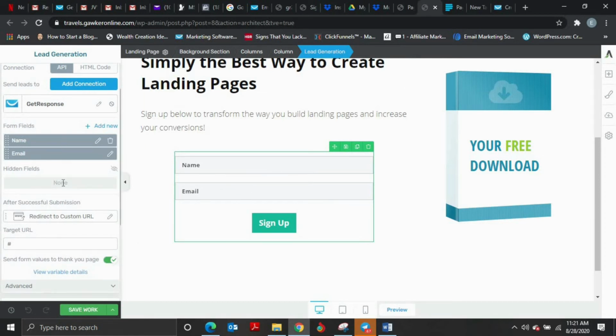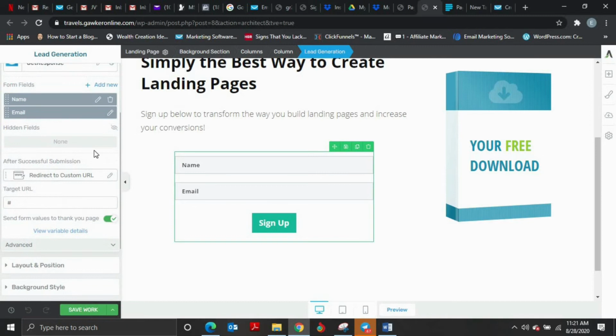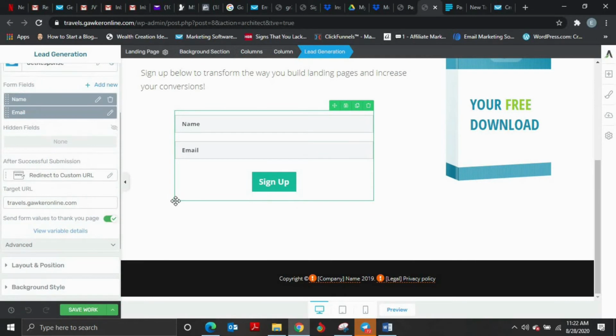So all you just need to do now is click, and then one thing you shouldn't forget is this: redirect to custom URL. So include your thank you page, where you want your leads to go for thank you. So never forget this. If you want them to go to a custom thank you page, never forget to include this. So now that you're done with that, you can now